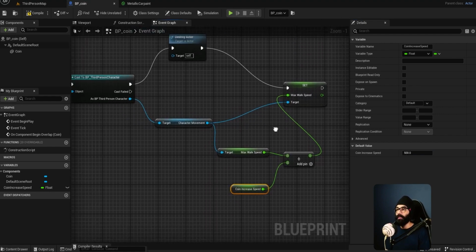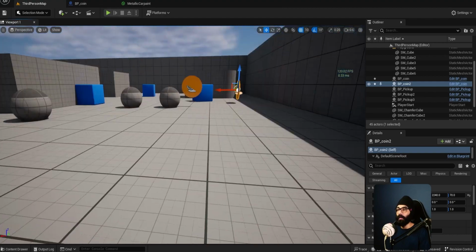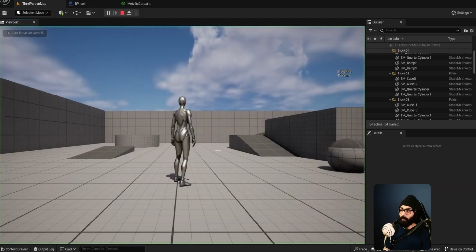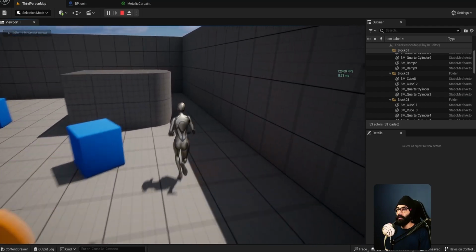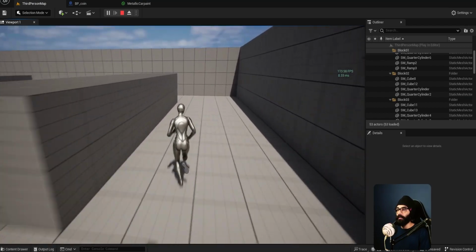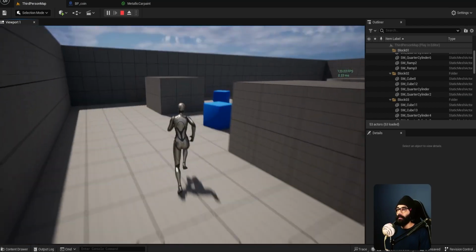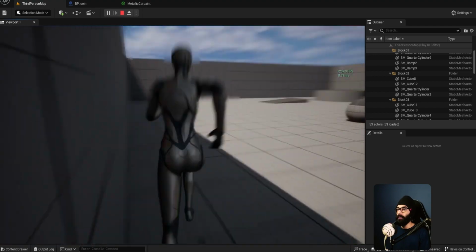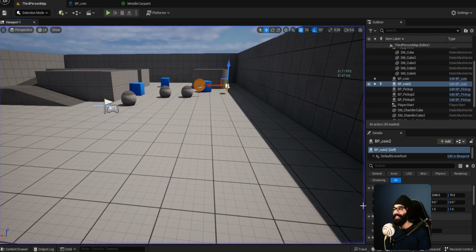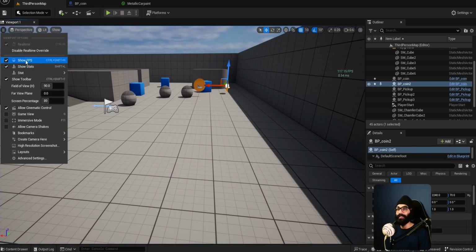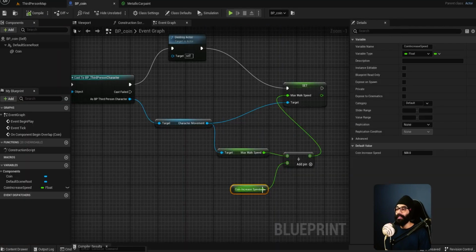I'm gonna save this, and I'm gonna come into my third person map again, and we're gonna press Alt P. And now when I go and hit the coin, your speed increases by 500. And one very cool thing about, I keep saying body pump in my mind with BP, is this is a blueprint. Why are we showing FPS? So one very interesting thing about